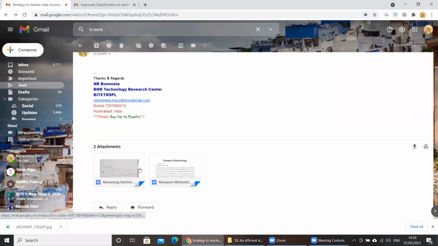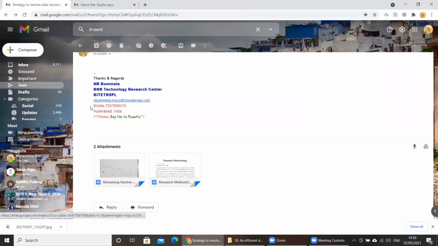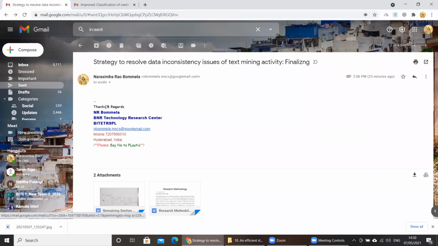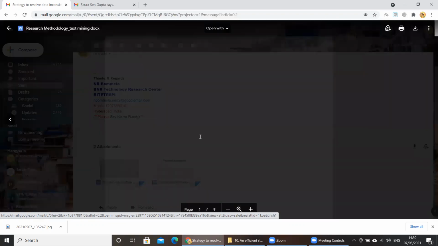Then, as a part of writing the introduction, there is one more thing I would like to add. There is a possibility that some of you might get a document on which you never worked. There are one or two cases, I guess only one case, where they got a document on which they didn't work. So what they need to do is read